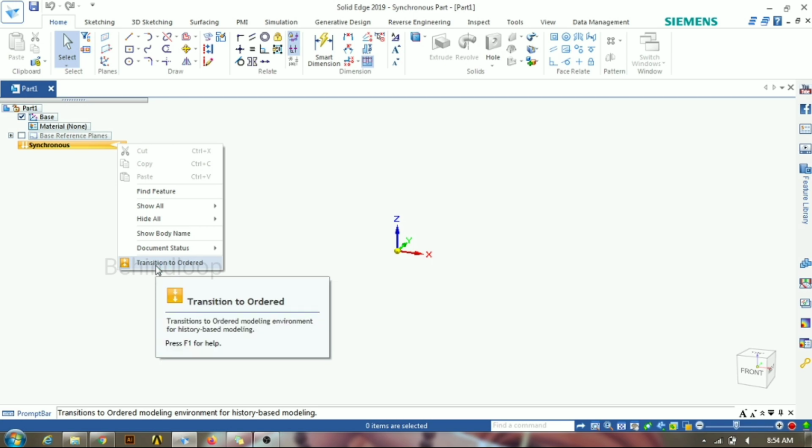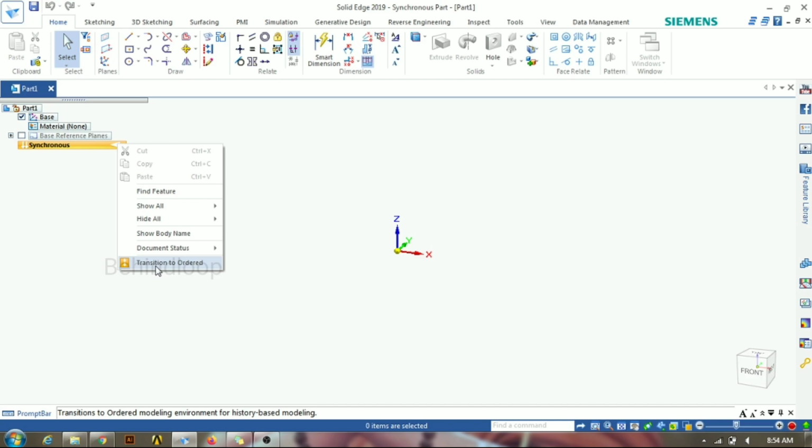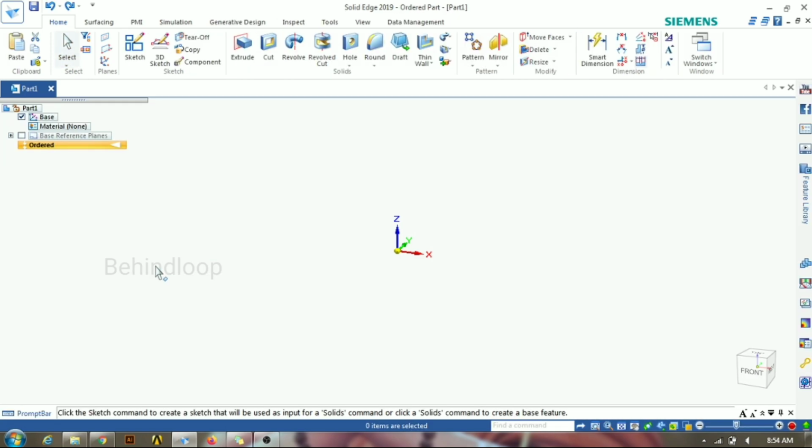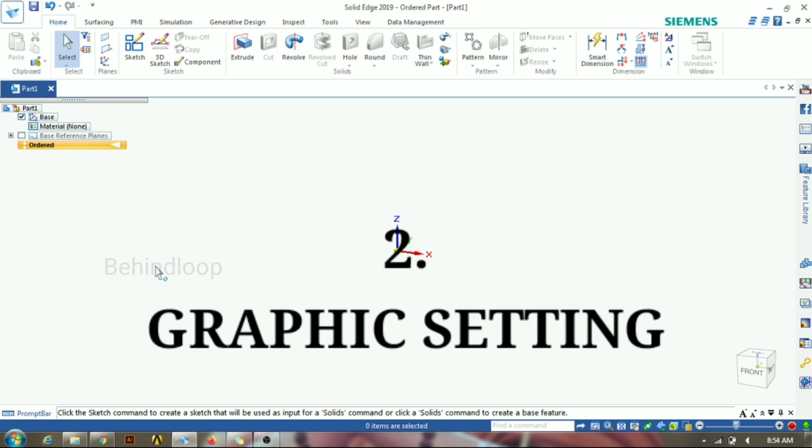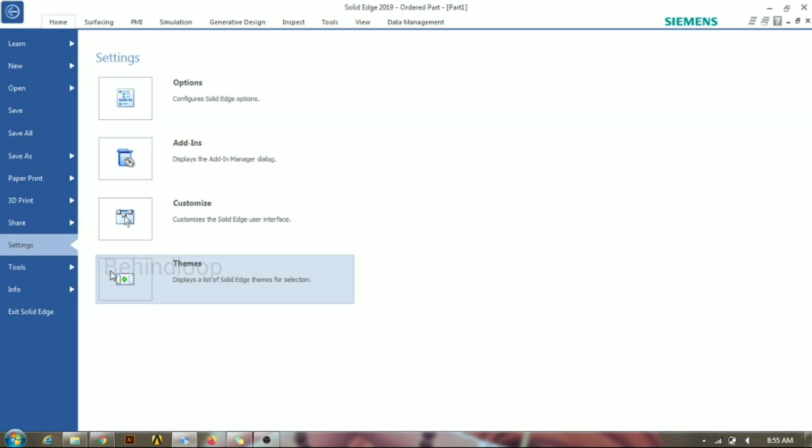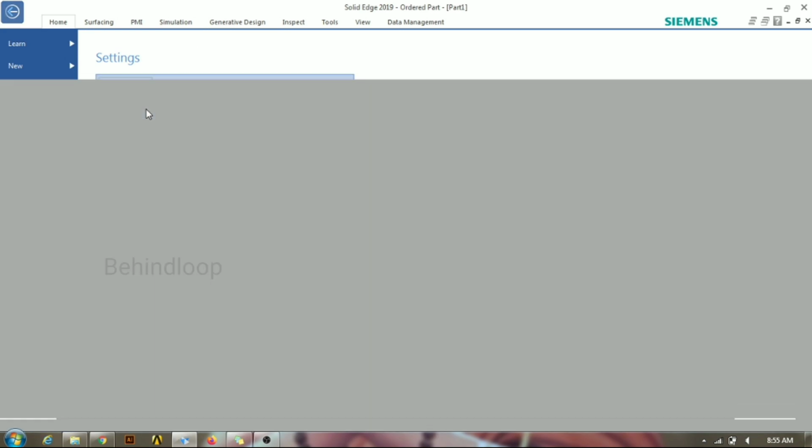This ordered option helps you keep the history of whatever you have edited in the 3D model even though you close the file. If you keep it in synchronous, it will not save your history and that will be non-editable. For the next settings, you need to go to the standard toolbar, where you have to click the application button. Go to settings and options.